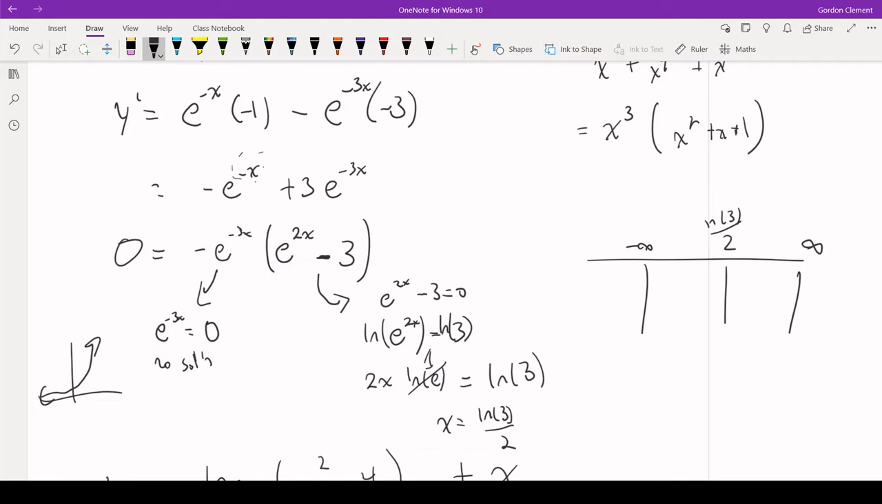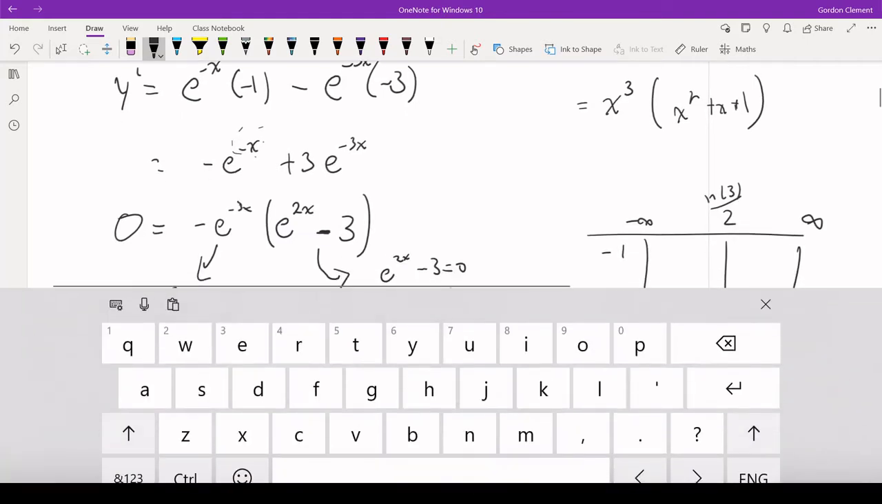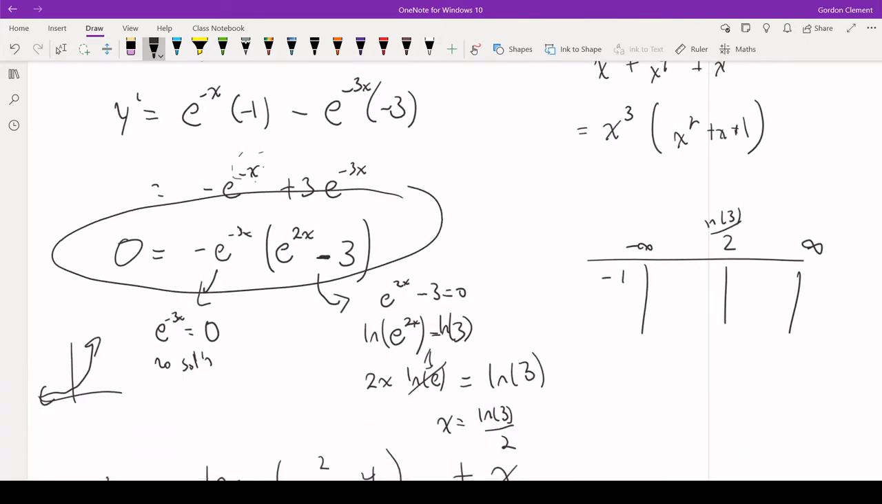If I look at my function, or my derivative, so I'm looking back at this line, I have a -1 out front of everything. It's always negative. I have e to the -3x. It's an exponential function. Exponential functions are always positive. And then I have e to the 2x minus 3 as my last factor. So I know this is the number that makes that 0. E to the 2x,